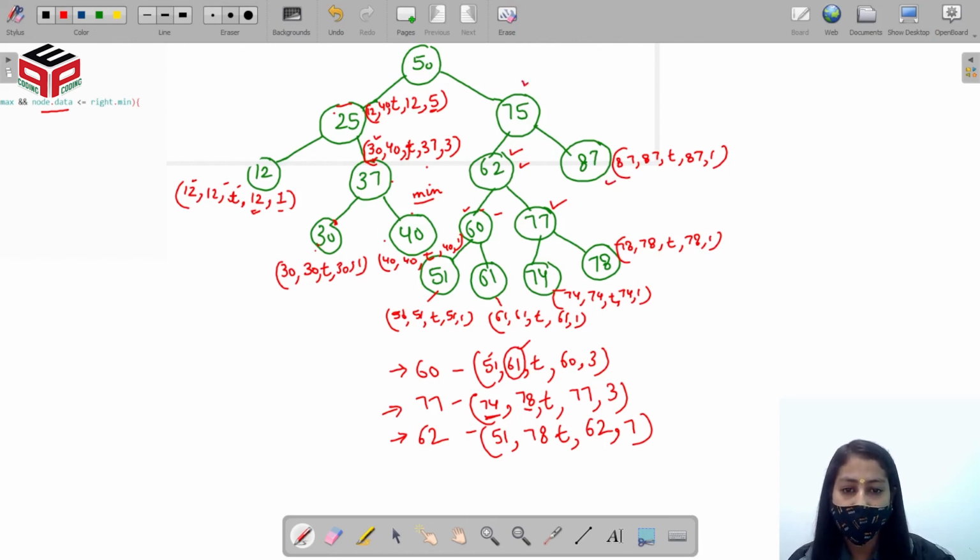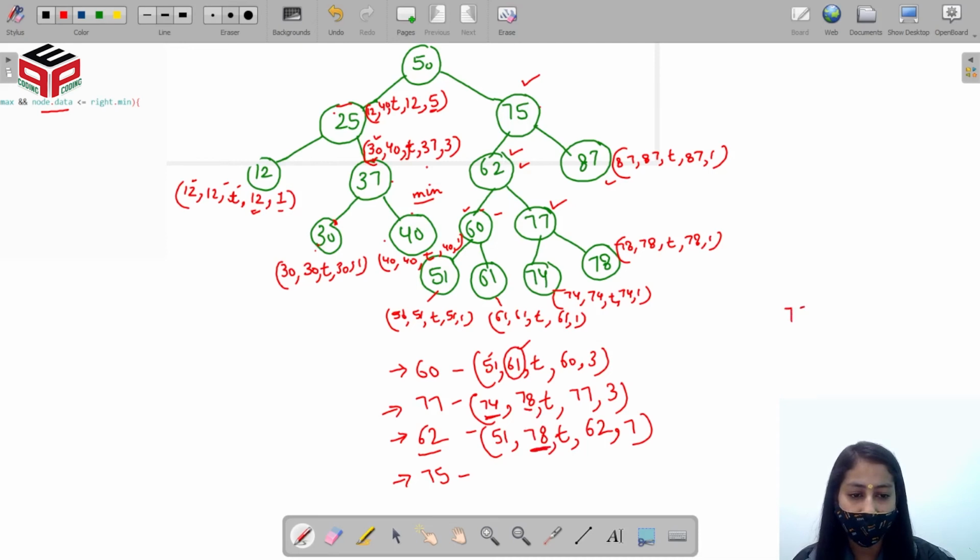Next, 75 will check if I am a BST or not, right? So for 75, we'll check if 75 is greater than the maximum value of left subtree. 62 is representing the left subtree of 77, so 75 will check if I am greater than the maximum value of left subtree. So the maximum value of left subtree is 78.